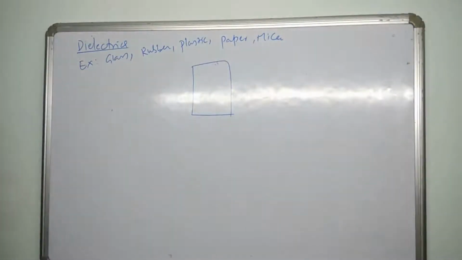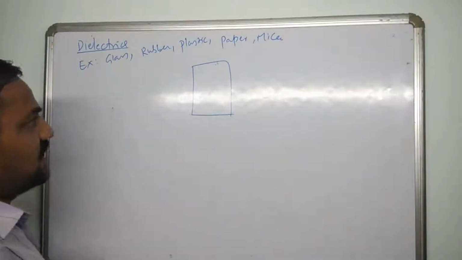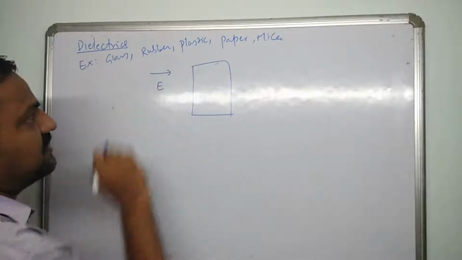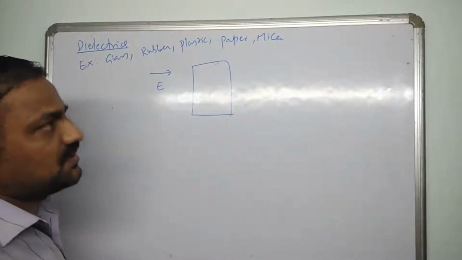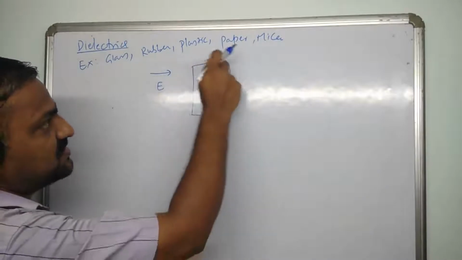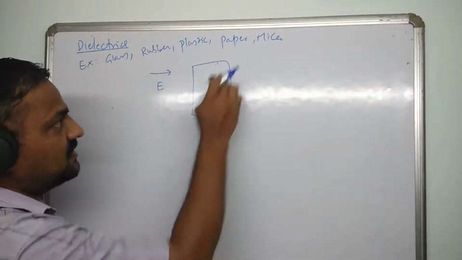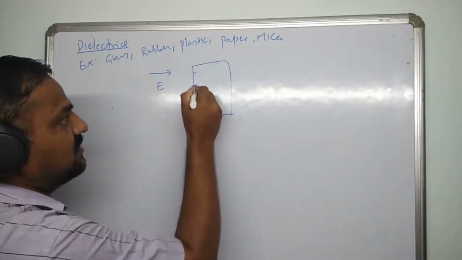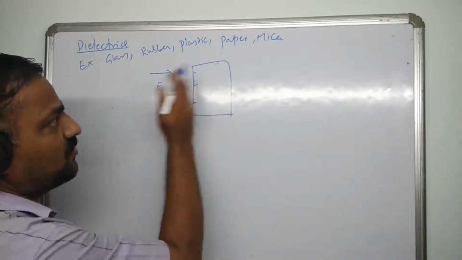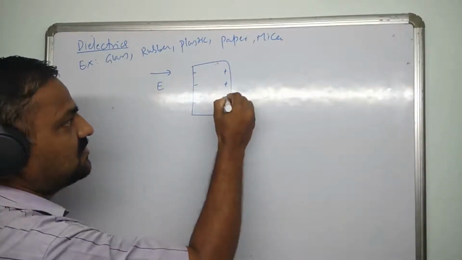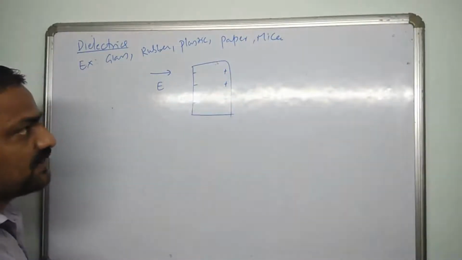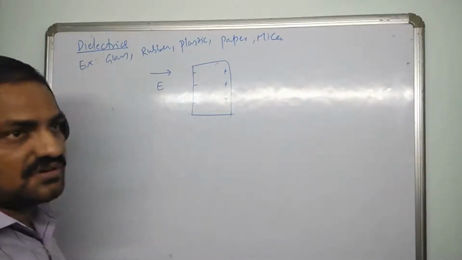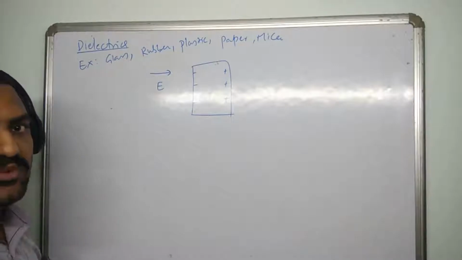So even mica is an example of a dielectric. So these are the dielectric insulating materials, and when this dielectric slab is subjected to an external electric field, this dielectric shows some polarization. It means initially before the application of the field, there is no net charge, but after the application of this electric field, a net negative charge will appear over here on one side, a net positive charge will appear over here on the other side. So this process of inducing electric dipoles inside a neutral dielectric is called dielectric polarization.